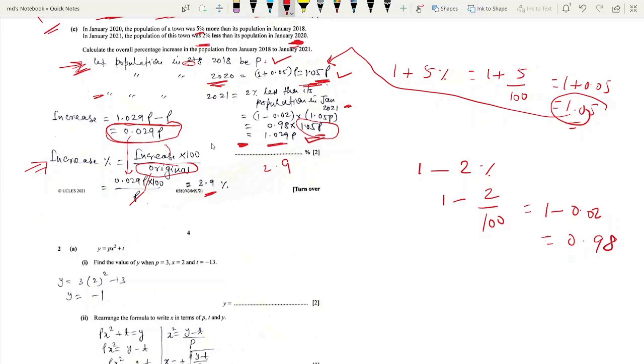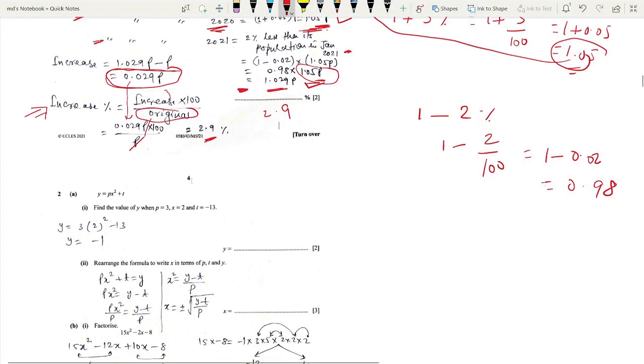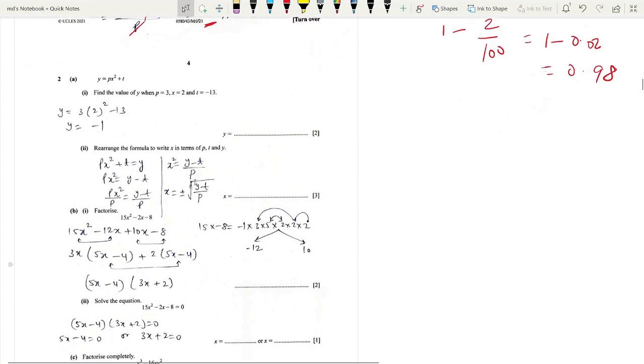It's my kind request, you can try this question once again on your own, in your own time. Now move to the next question,